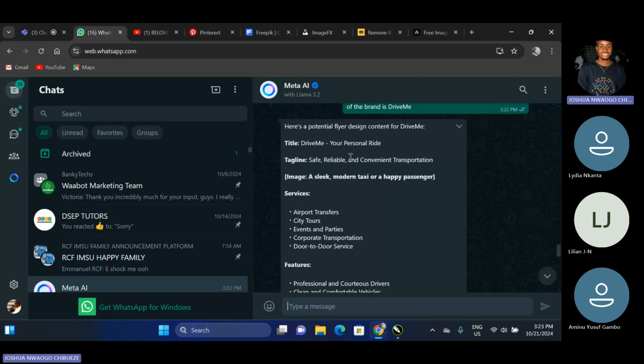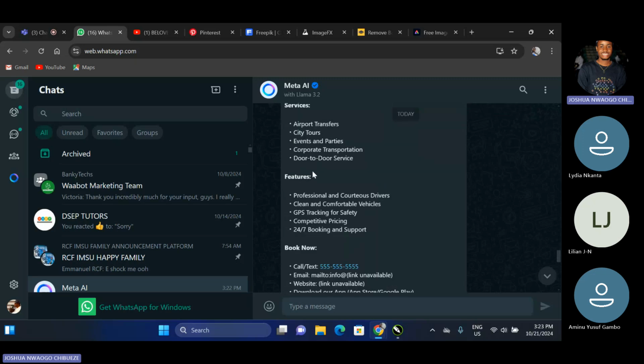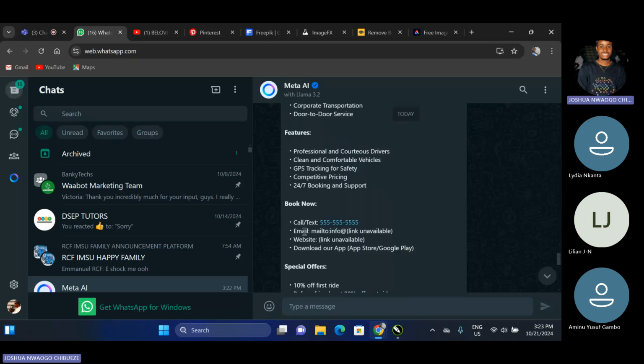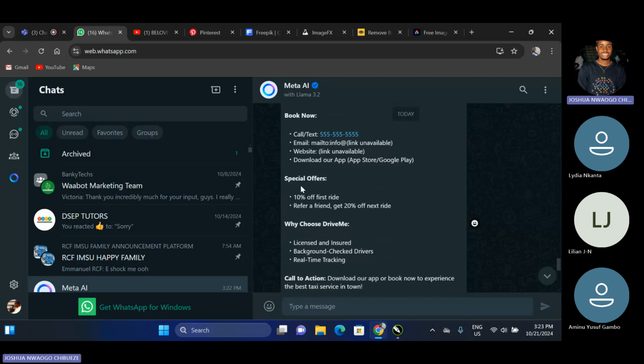Drive me, your personal ride. Tagline: safe, reliable, convenient transportation. A sleek, modern taxi or a happy passenger. Right. So airport services, airport transfer, city tours, events. So these are things we can put inside of our design. Professional and courteous drivers. Book now, add a book. Then if we have a,